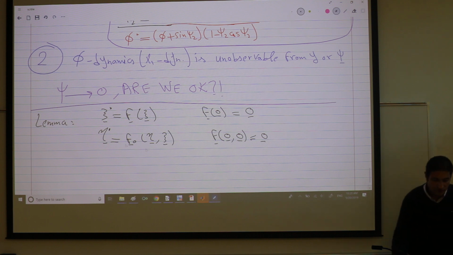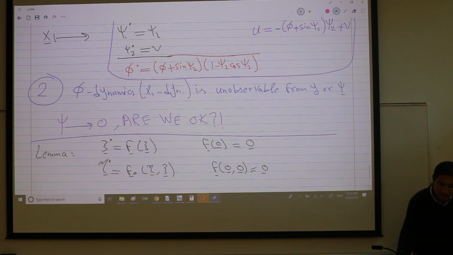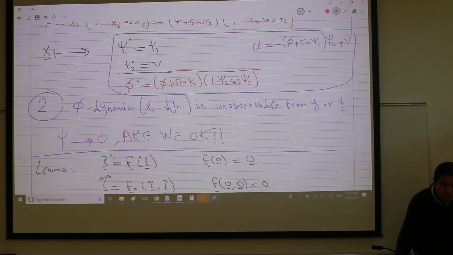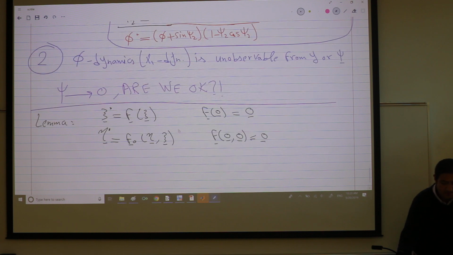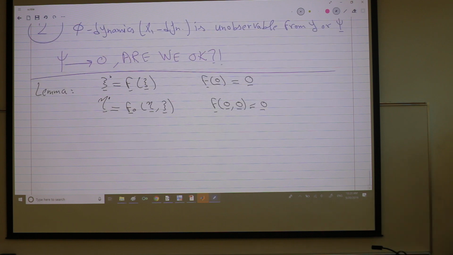So first of all, do you see the matching? So the zeta dynamics here is the psi dynamics after you design your v by some state feedback and make it nice and everything is good. Now it evolves on its own. The zeta is the psi. The eta dynamics depends on both eta and zeta, which is here phi depends on both phi and psi. Okay. And I want a result like